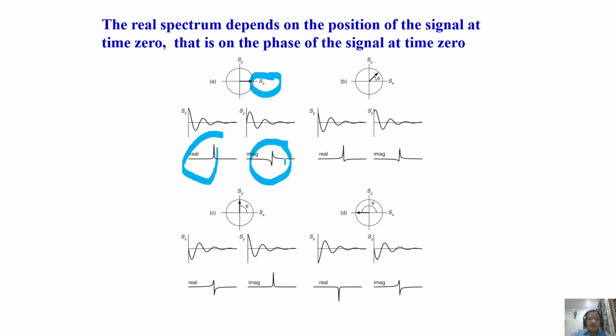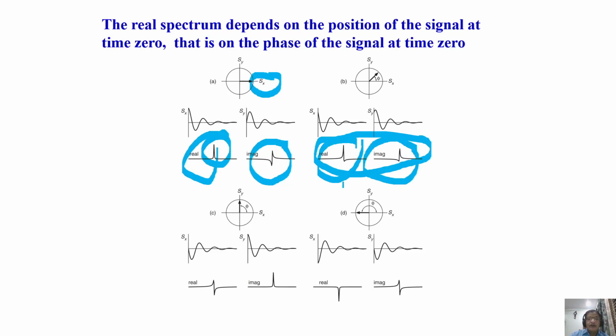If both of them are exactly out of phase by 90 degrees, you collect a very real absorptive spectrum without any phase error. See, there is no phase error. The angle difference between the cosine and the sine part must be exactly 90 degrees. In case the signal is not along the x-axis, it is somewhere at a different place, then what happens? There is a mixture of phases here. The real component is not pure absorptive and the imaginary part is not pure dispersive. You get into a mixture of phases in the spectrum.